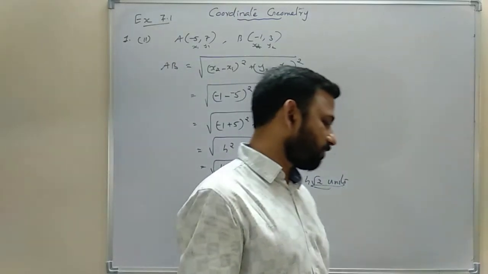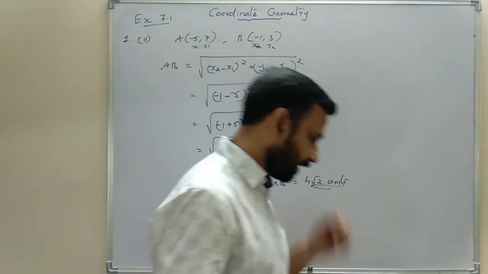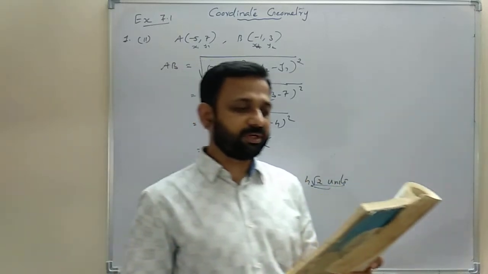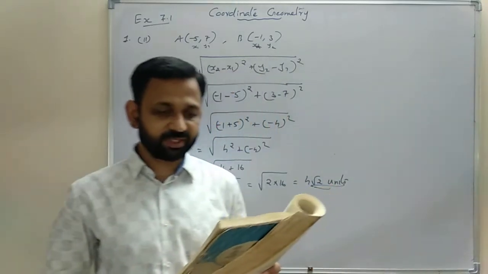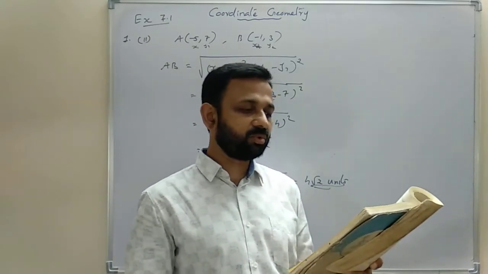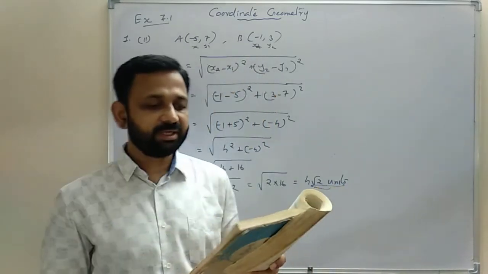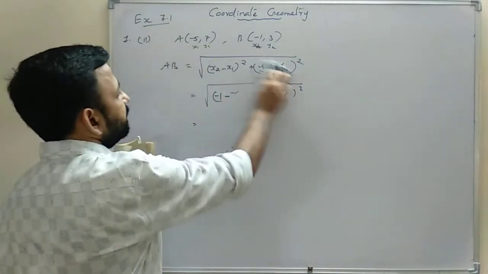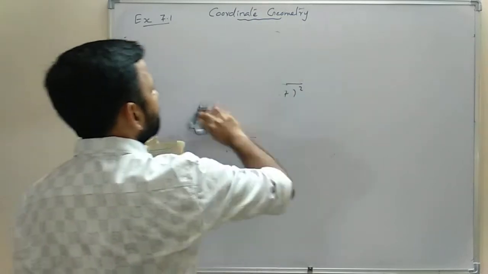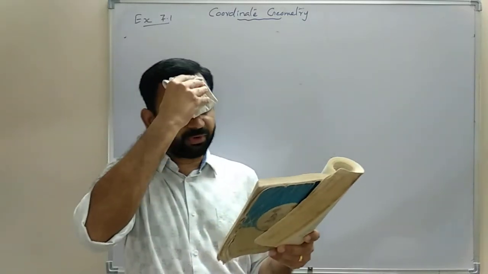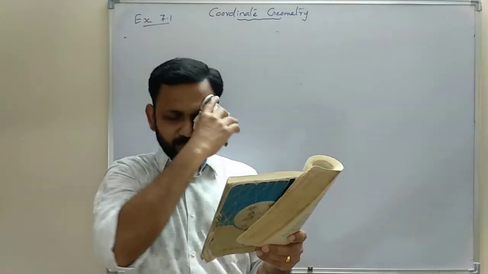Similarly, we can do question number 1 first part and second part by the same method. Then the second question: find the distance between the points 0, 0 and 36, 15. Can you now find the distance between the two towers A and B discussed in section 7.2? The second question is also the same type, by using the same formula. By using this distance formula we can find the distance between the 2 points. So that is very simple. You can do it by yourself.